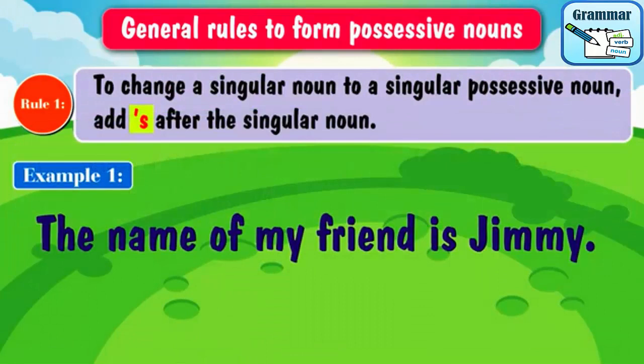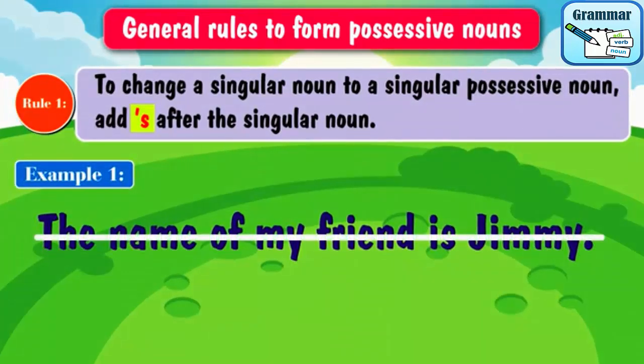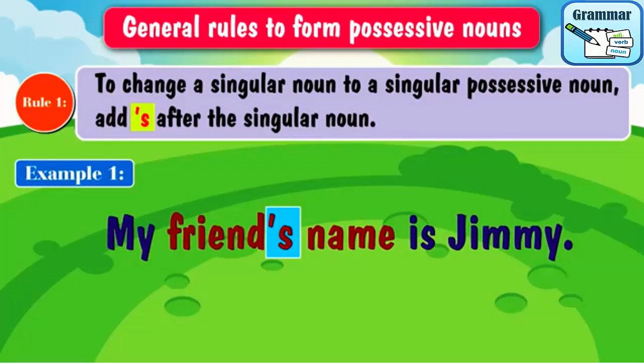The name of my friend is Jimmy. Here, in this sentence, there is a friend whose name is Jimmy. Now, let us see how to change this sentence into possessive case. We will add apostrophe s to the word friend and write the sentence in this way as my friend's name